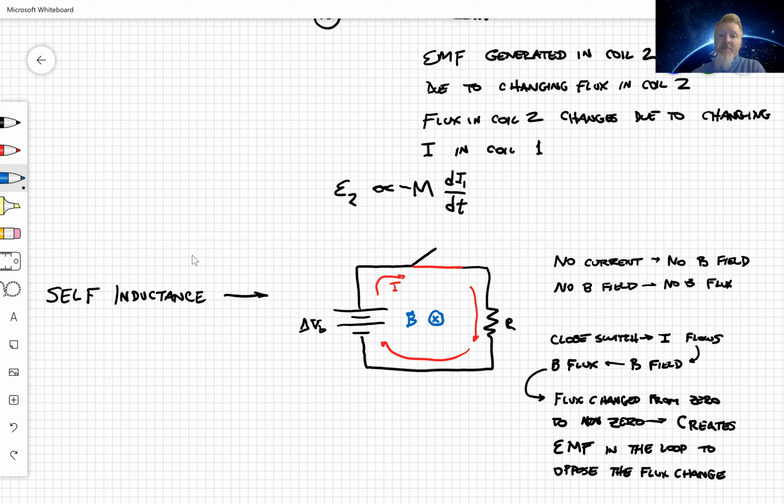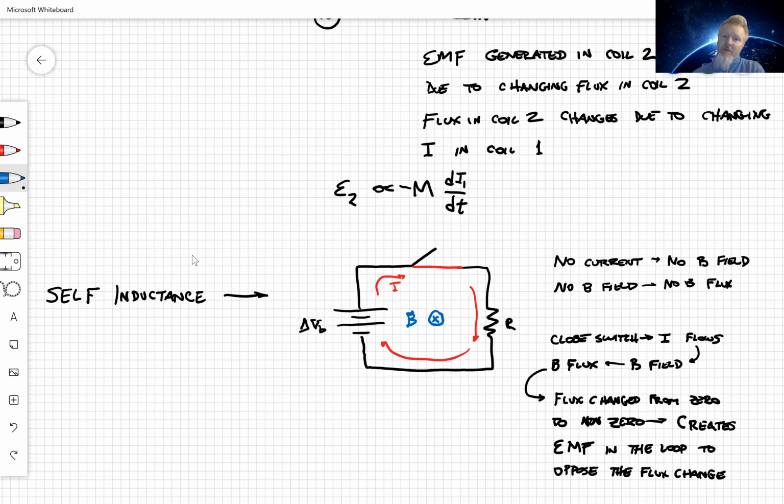Because at this point, if it was with the change, that means I would shut the switch, the current would start to flow, and then all of a sudden the current would flow a lot more. You think, where'd all this current come from? Not from the battery. No. So that's why it opposes it, right? You can't suddenly create a bunch of current that's like free energy, okay? Doesn't happen. So it opposes the current